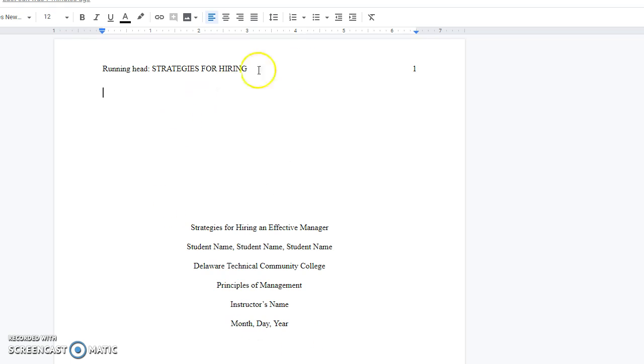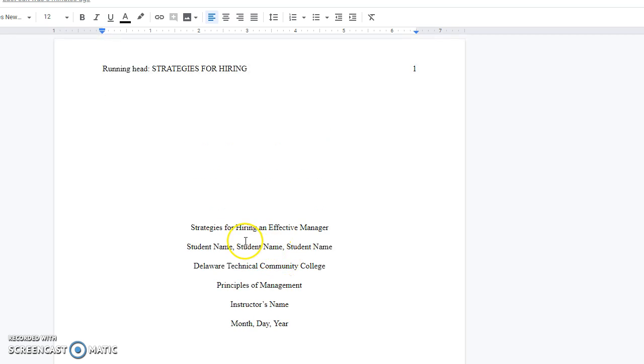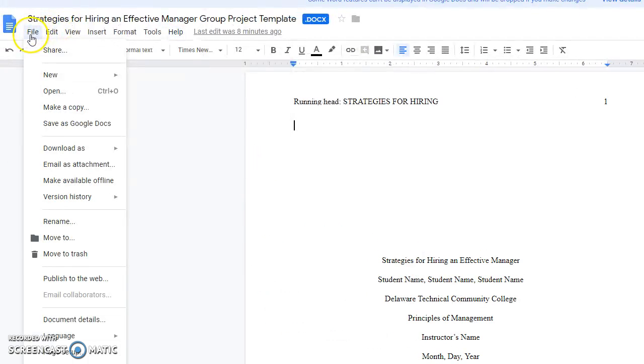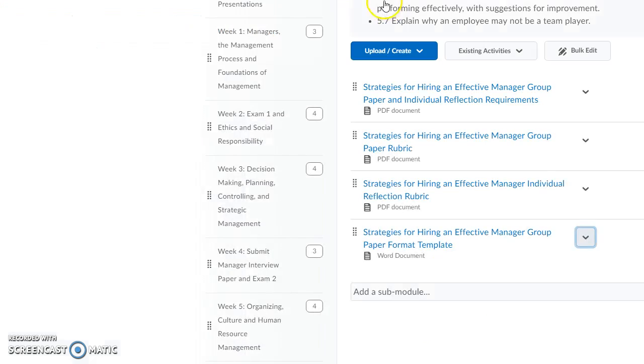This allows all of you to go in, you have access to it, you can write in here, and then once you're ready to, you can download this document. And again, you'll go over here to File, Download As, and you'll want to download it as a Microsoft Word document. That way, one of you will upload it to the course when it's due. And that will be done